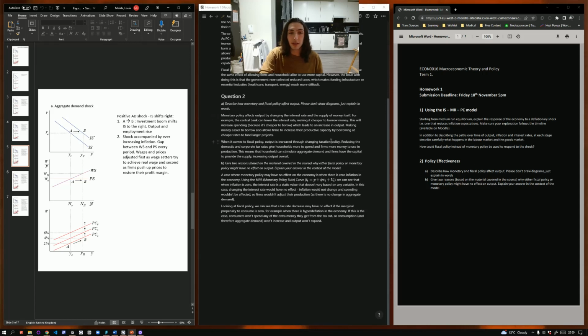So here's the words. I think we all know how monetary and fiscal policy sort of works, so I'll go quickly over this. Monetary policy affects output by changing the interest rate, making it easier or harder to borrow. That makes it essentially more costly or cheaper to use money, and therefore more costly or cheaper to expand output. And when it comes to fiscal policy, we're talking mostly about taxation.